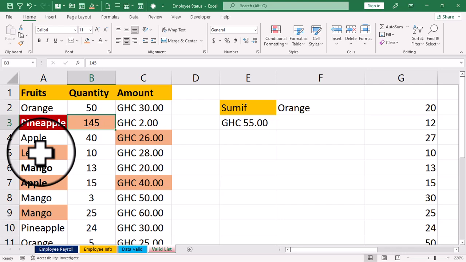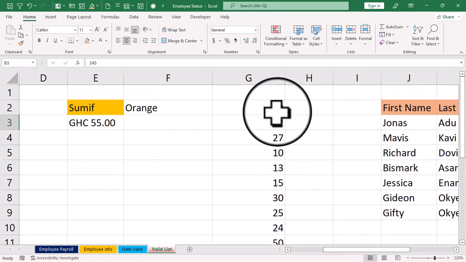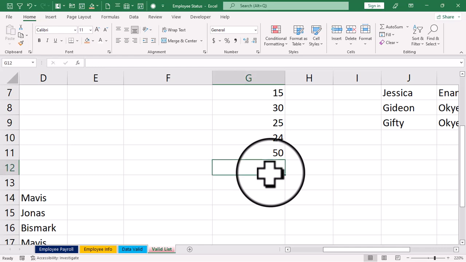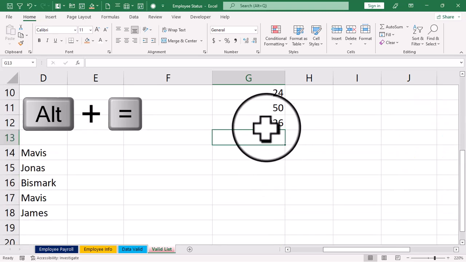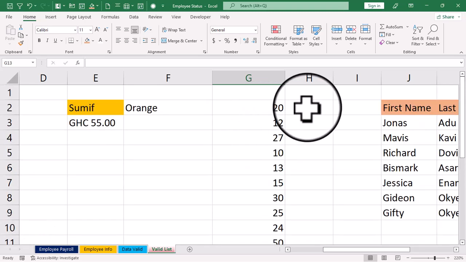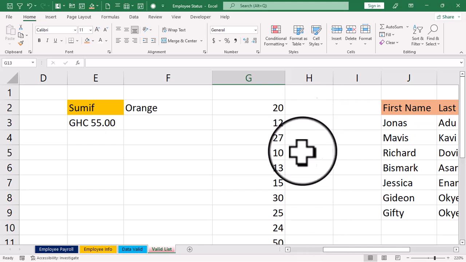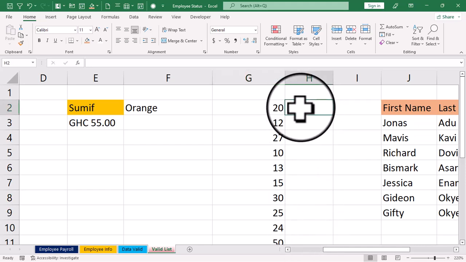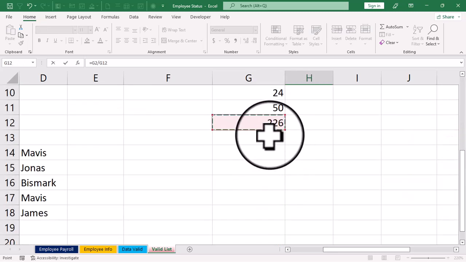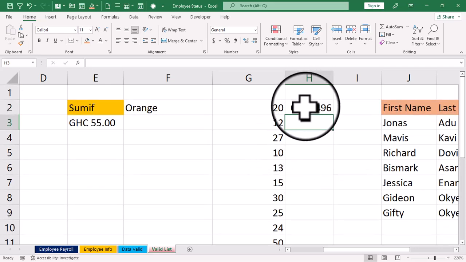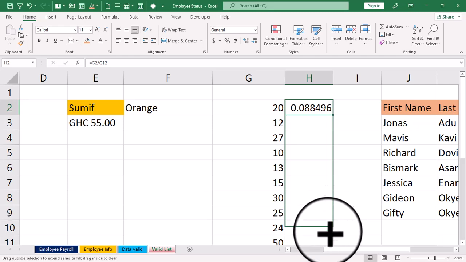Now the bonus tip is for changing a cell reference, that is a relative cell reference, to an absolute cell reference. Now if I have this data here and I want to have its individual percentage, I'm going to select this cell, hold the Alt key and the equal to sign, and press the enter key. So this is the total or the grand total for this data, and I want to have the percentage for the individual data here. I'll select this, type the equal to sign, select this, divide by this grand total, and press the enter key. So I have these decimal numbers. If I use the fill handle and drag it down,